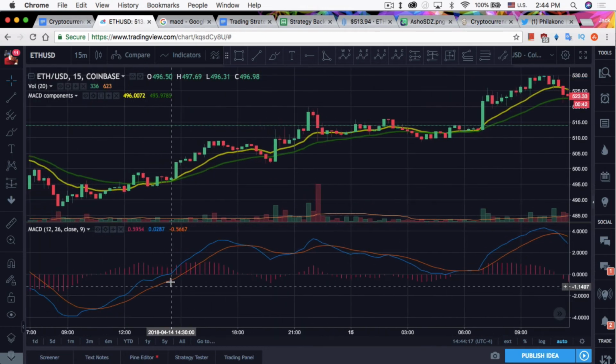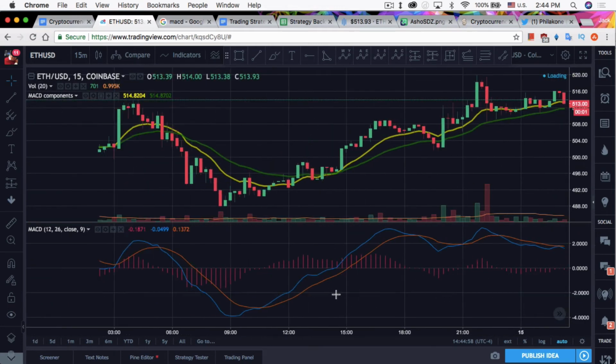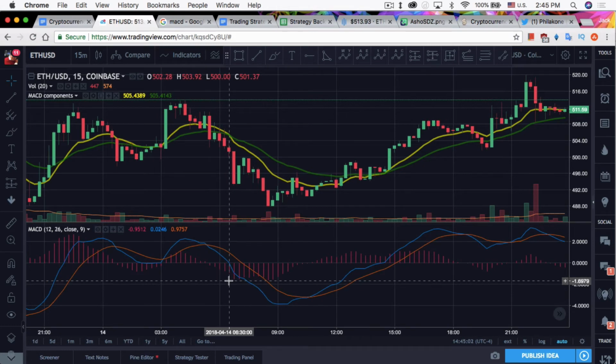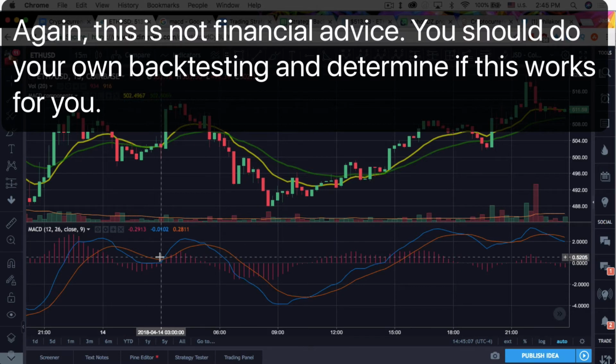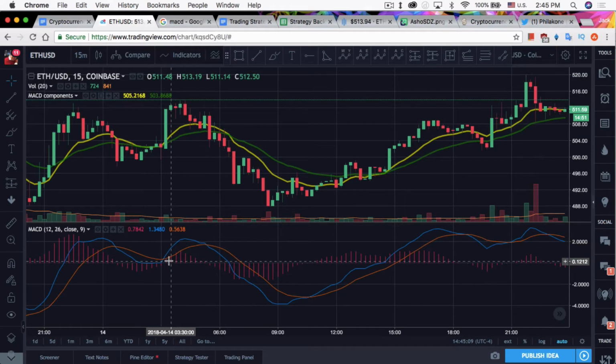So let's just go right over here. The MACD is at 0 when these two lines cross. Now why am I showing you this part? To me this is the most important part, and this is the key reason why I believe MACD is better than RSI. You can see on the right axis here there's 0, there's negative, and there's positive. With the MACD, all you have to do, in addition to that one little thing that people use, which is to wait for the blue line to go above the orange line to buy,